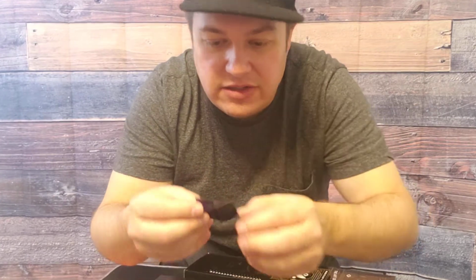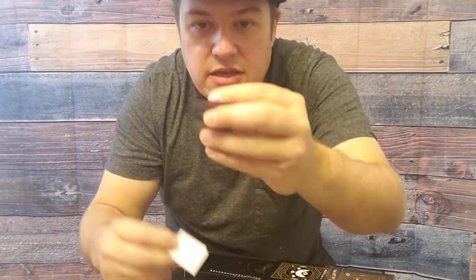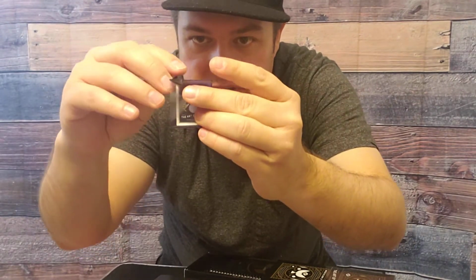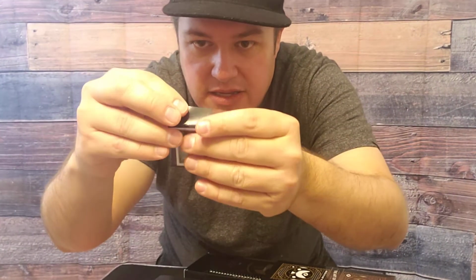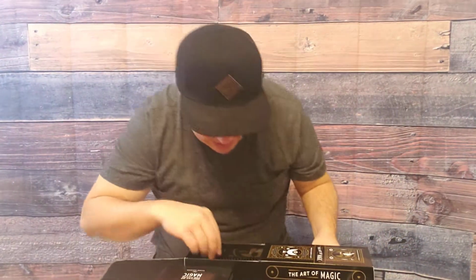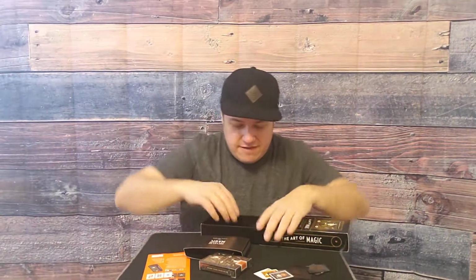And like, yeah, I think these are little protectors for the stamps. Let's take a look. I think we just put it inside like this. Yep, I'm pretty sure that's a protector for the stamp to protect them. So I'll put those inside of there after the video. And let's see, inside we also have